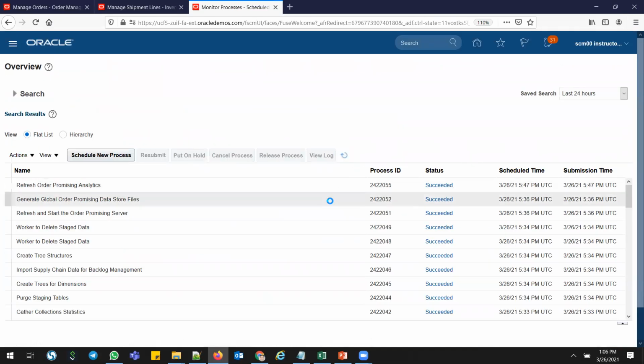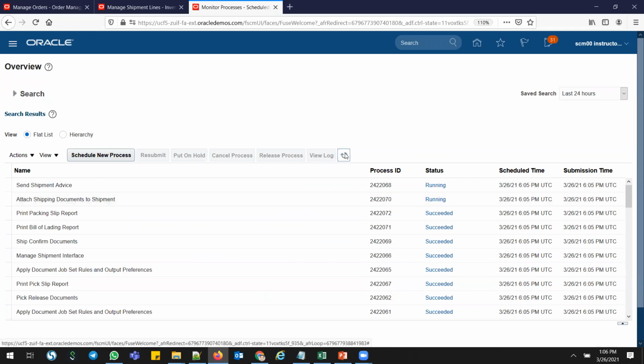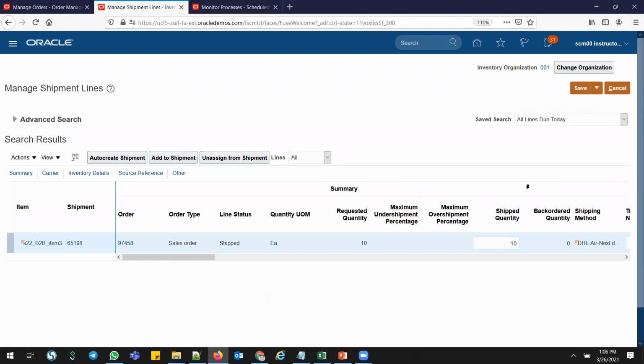Since the shipment advice is still running, it should complete normally. It means the interface my data, shipment advice. Okay. So I'll go in here.